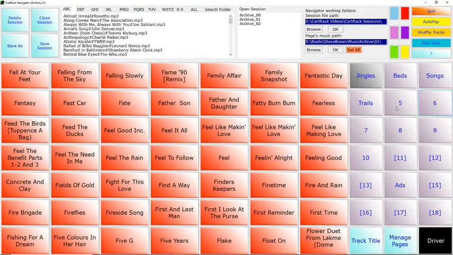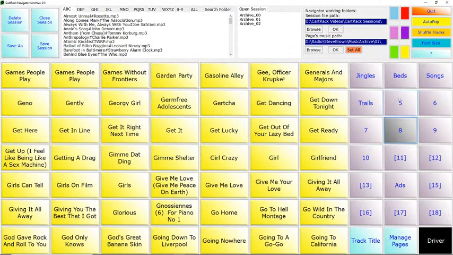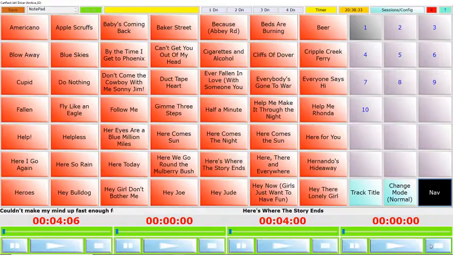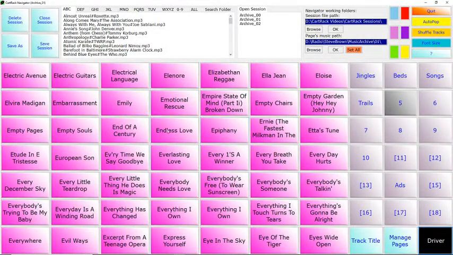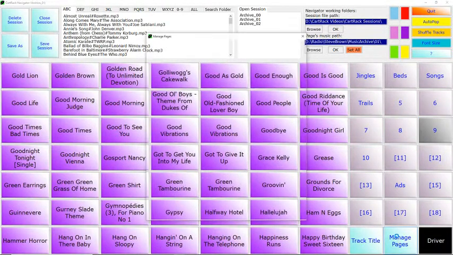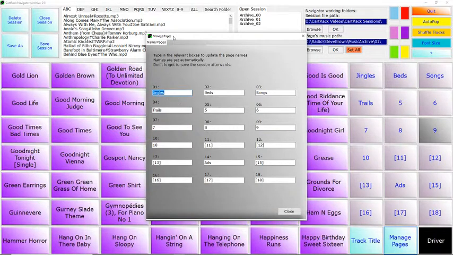These are the page buttons over here. We've already seen how to label them. Now that has changed. Prior to this version, there was a label underneath each one, and you typed in each one, and that would label the button. But I wanted to make this field of buttons identical to those in driver, and they are now, so that it's much easier to edit your sessions and know that it's going to look the same in driver. So I added to the manage pages pane,